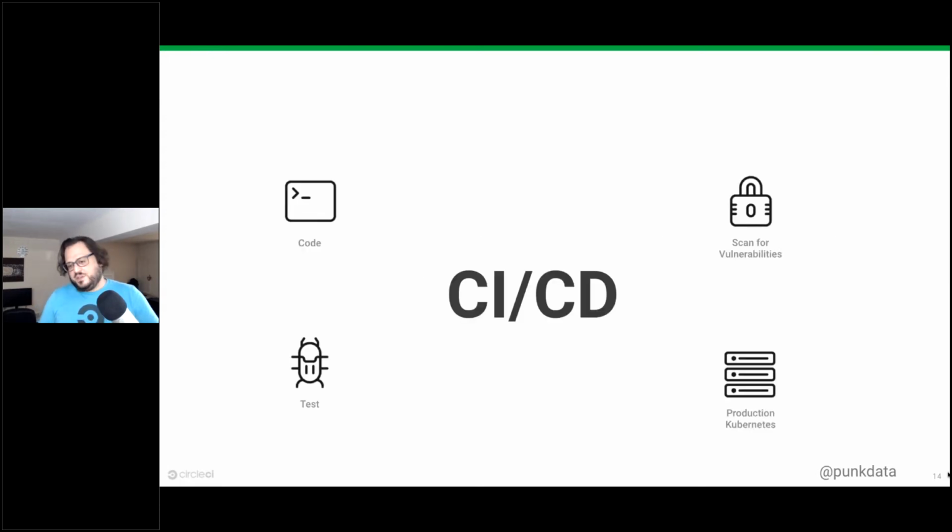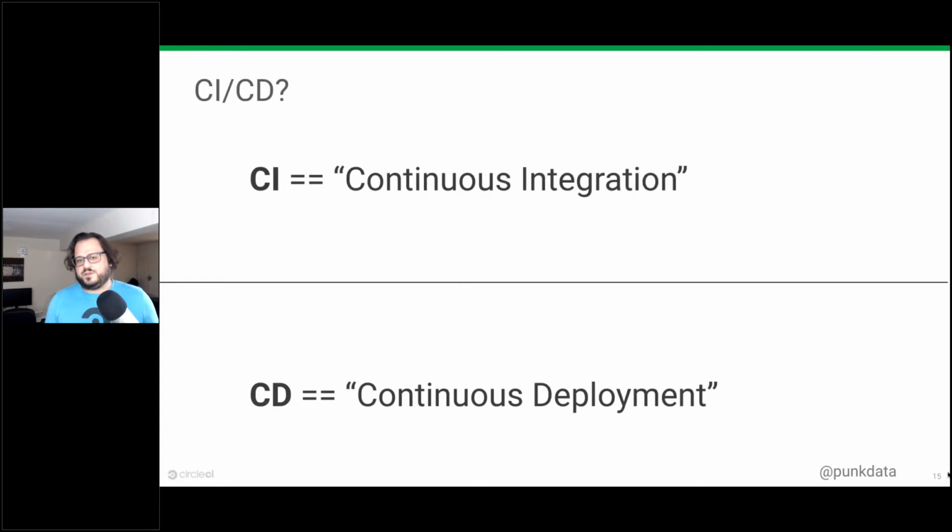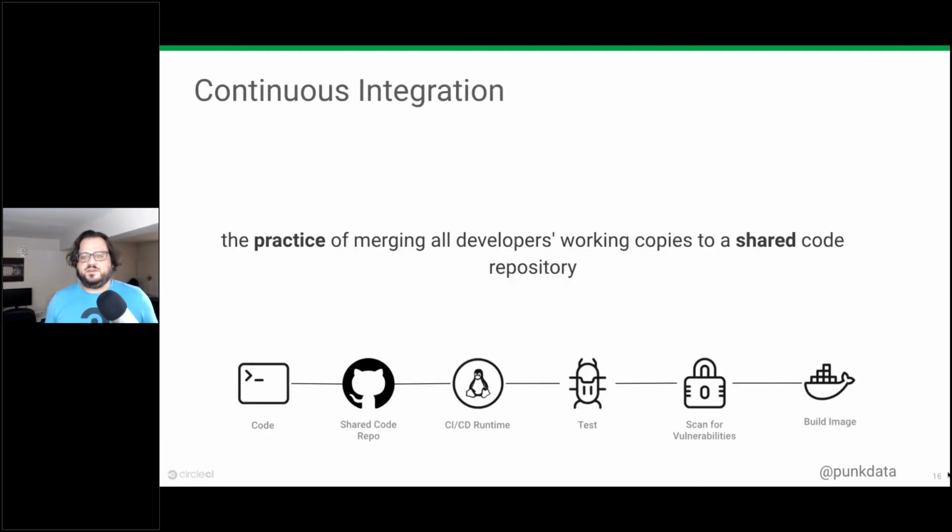So within continuous delivery, we have this concept of CICD. I'm sure you've heard of this quite a bit. I'm sure some of you are familiar with it. But for those that are not familiar with it, CICD basically stands for continuous integration and continuous deployment. And in continuous integration, all that really means is software developers, right? We're developing software in kind of an isolated way, but we're all working off of a shared code repository. So what we're doing is taking snapshots of this master repository or branch, and then we're working